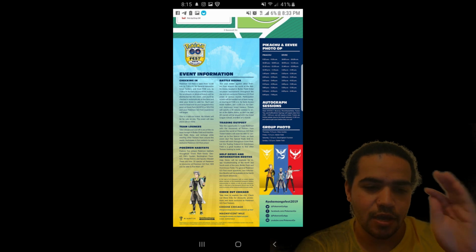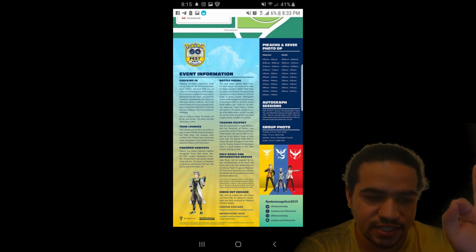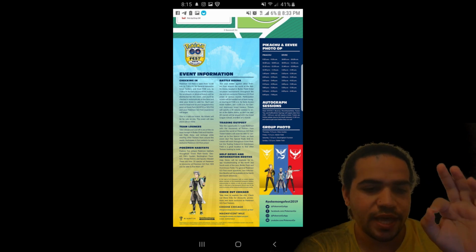Pokemon habitats, guys. I'm so happy. I'm over 70 different species. We'll get into it, but